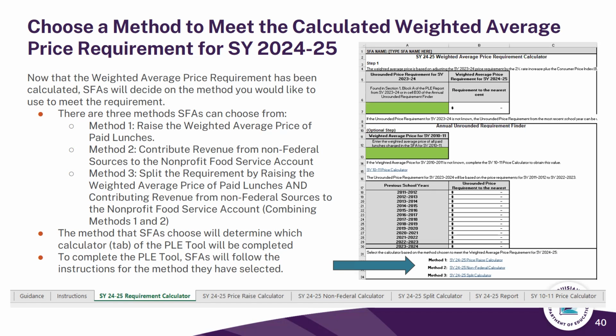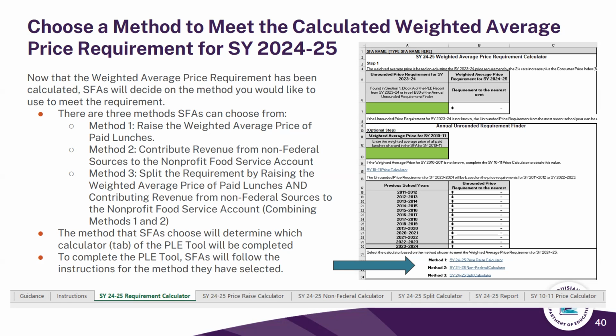Choose a method to meet the calculated weighted average price requirement for school year 24-25. Now that the weighted average price requirement has been calculated, SFAs will decide on the method they would like to use to meet the requirement. There are 3 methods